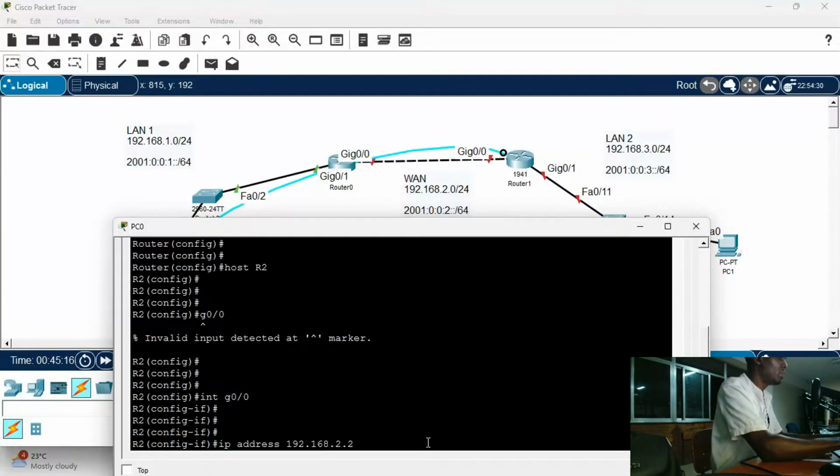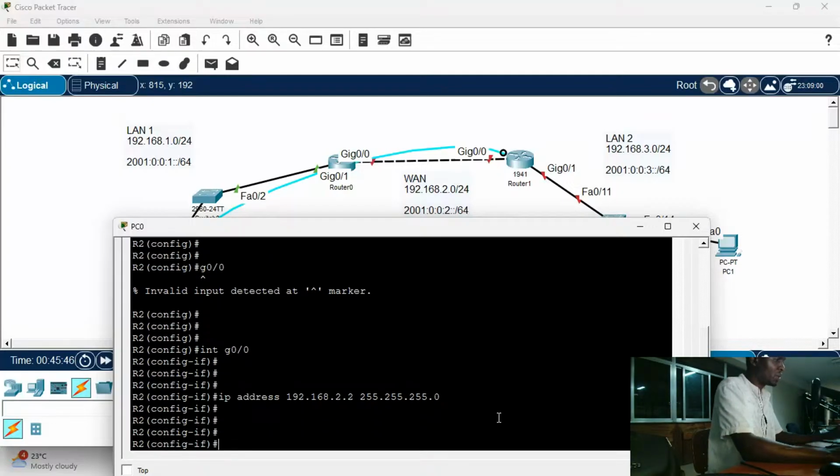And then the subnet mask 255.255.255.0. In case you want to minimize wastage of IP addresses, because now you have used 1 and then 2, but 3 up to 254, they are wasted. So if you want that, you can go for subnetting. So press enter here, and then you go for